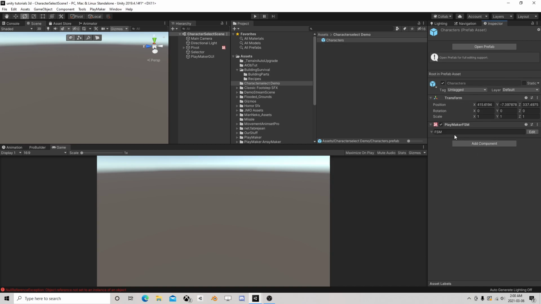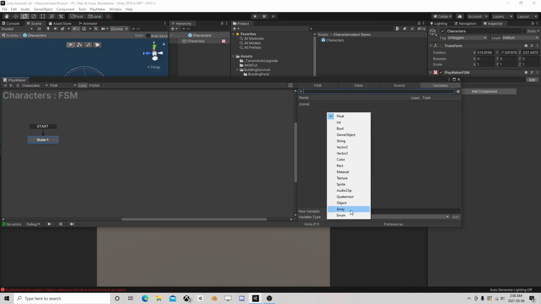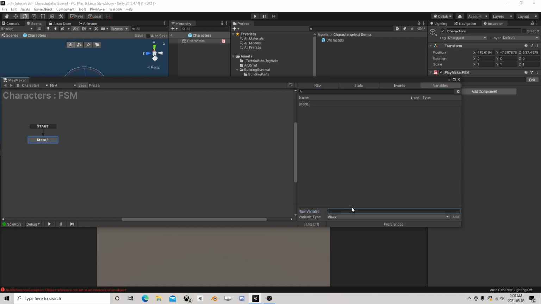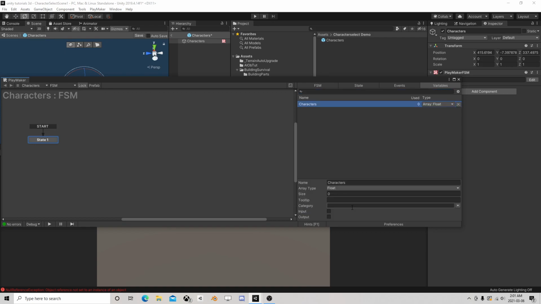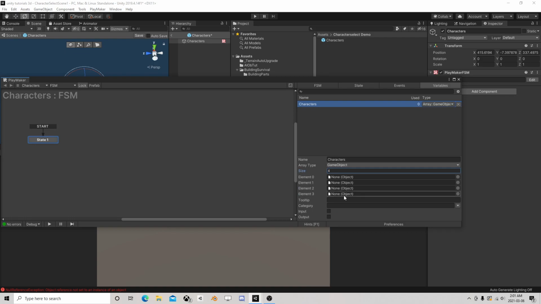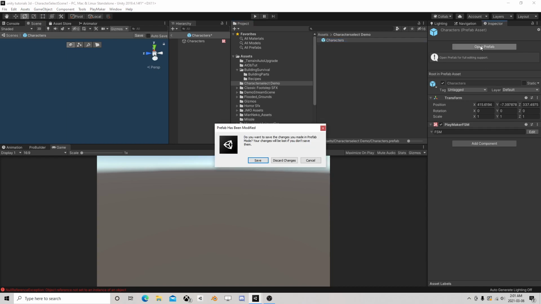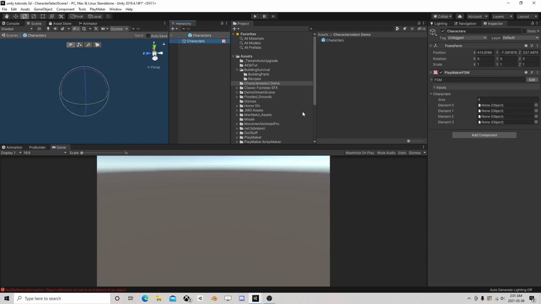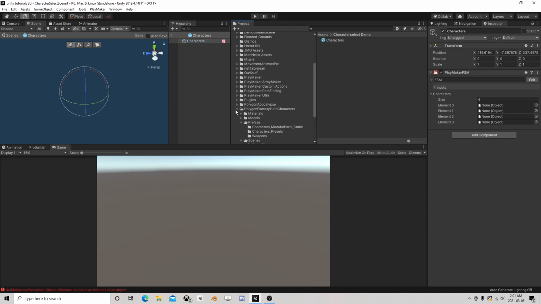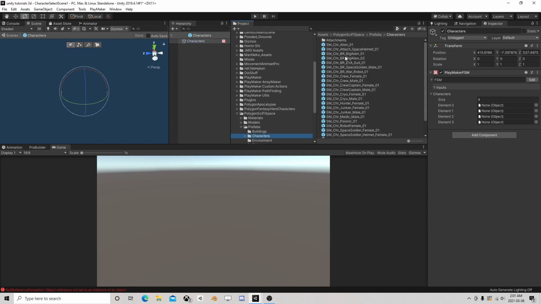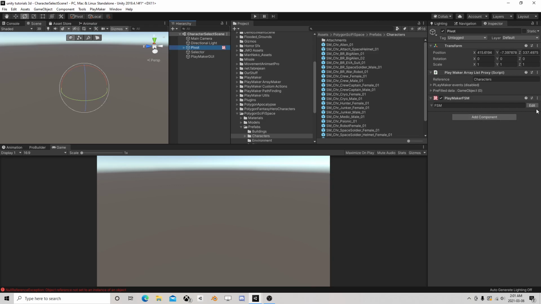So if I do an FSM, and if in the FSM I make an array called characters, game object, and again we can use 4, not 40, and I am going to drag in some characters into that guy. So again, I'll just alien, sure, and there we go. Right, so now the pivot